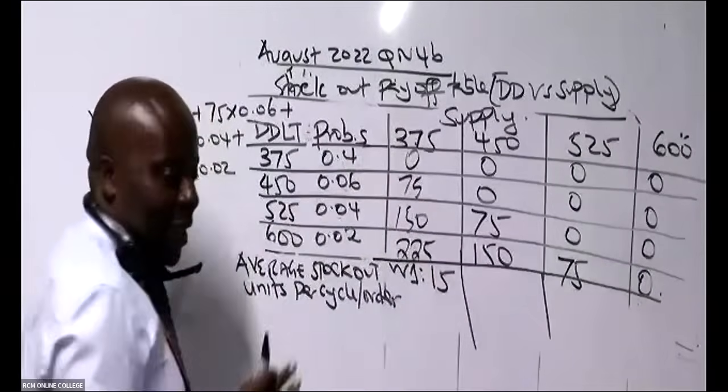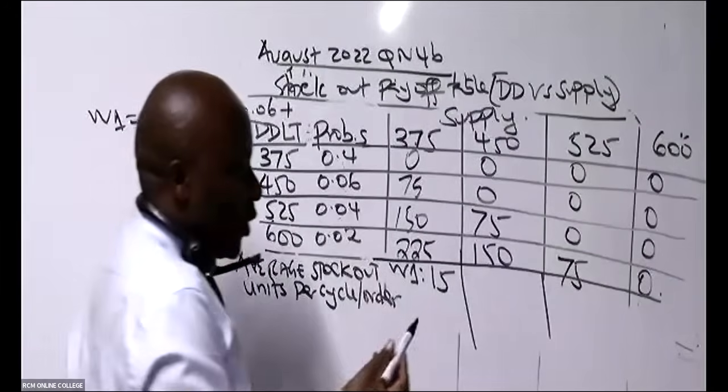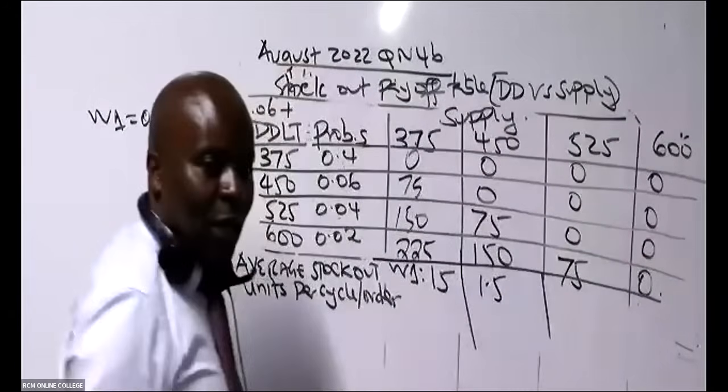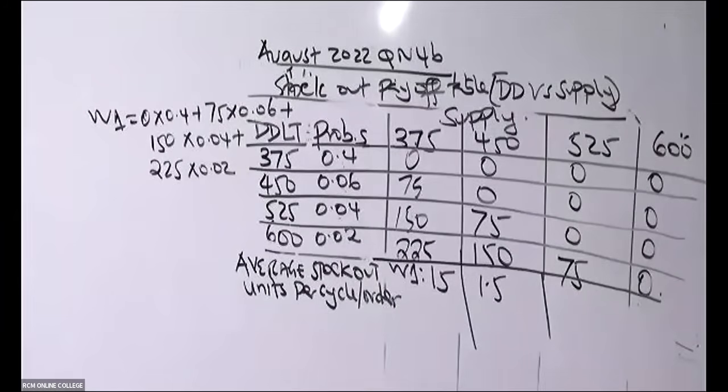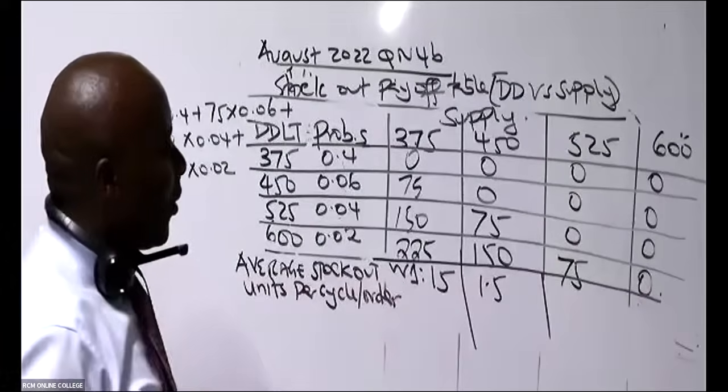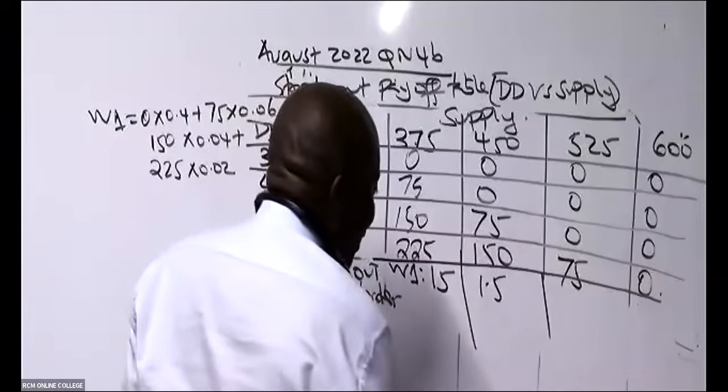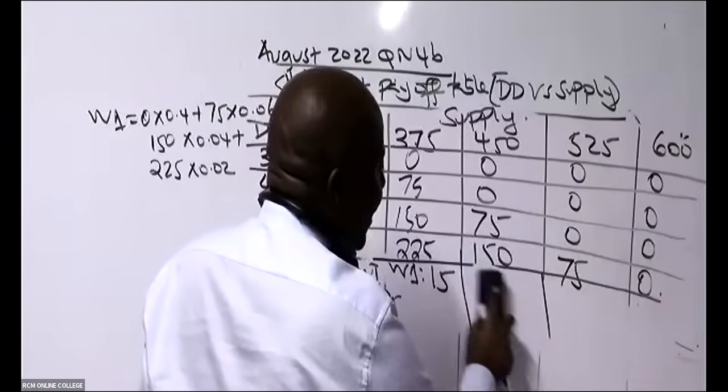Then give me an answer there. 1.5. Dominic tells me 1.5. My physical guys, I don't know whether you were able to get this. They're saying no, it is 6. What did that ninja do to get 1.5? I would want to know what that ninja did to get one.